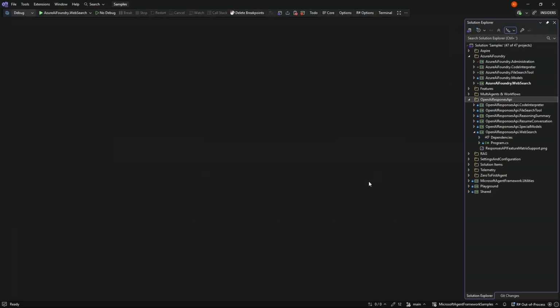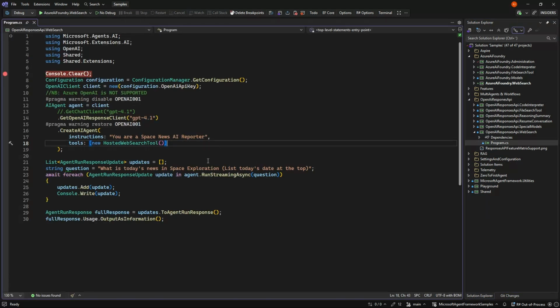And I'm also going to quickly start in the Responses API, because the Responses API and web searches are infinitely easier to use compared to Azure AI Foundry, unfortunately. Because down here, we just need to say we want a hosted web search tool, and that's it, and the rest is taken care of.